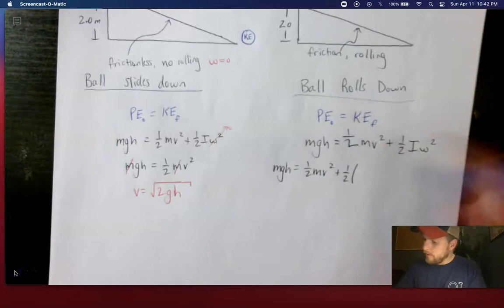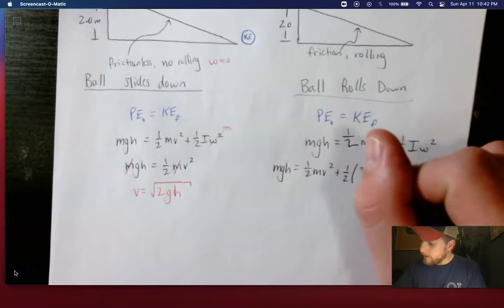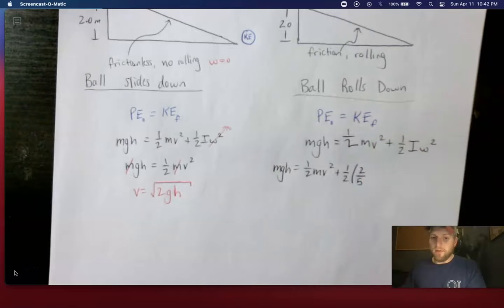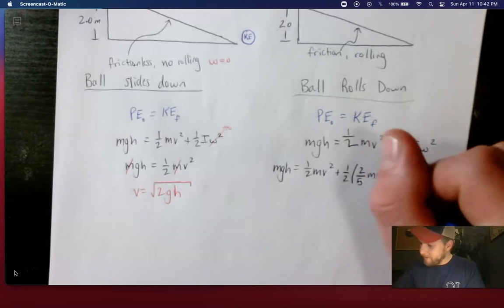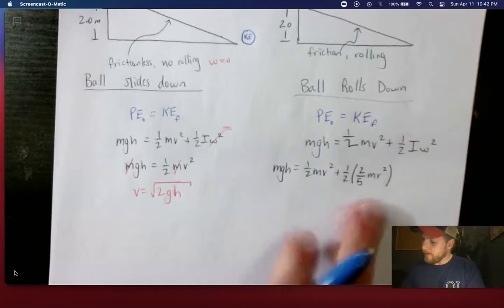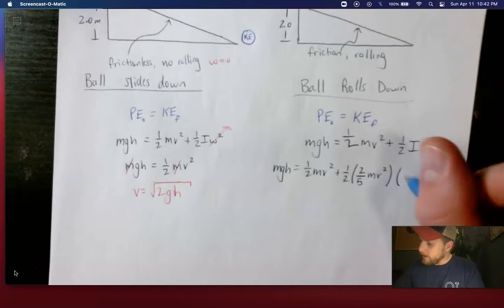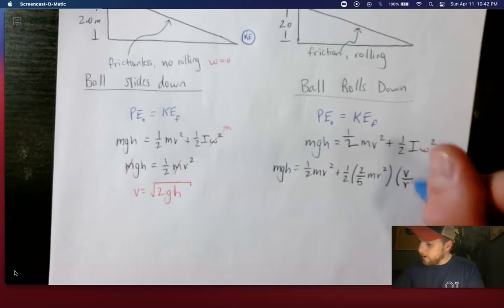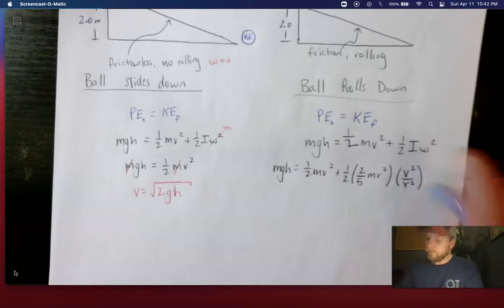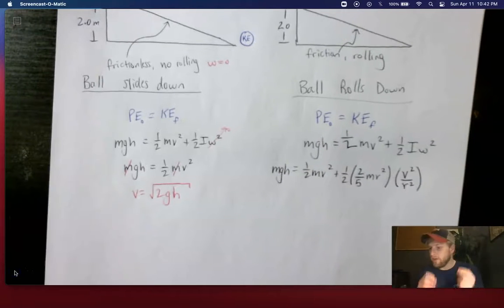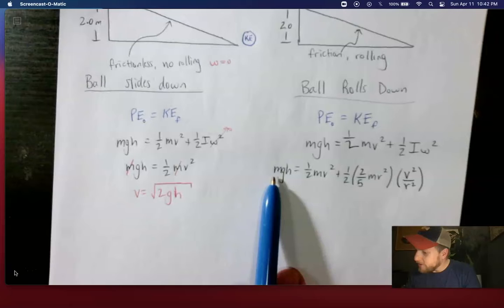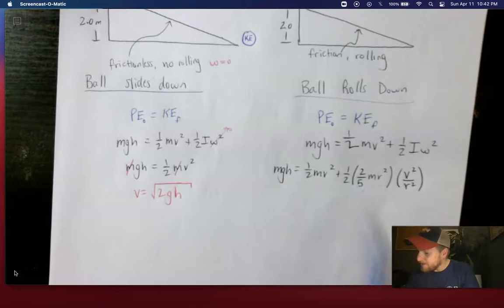So remember, the moment of inertia of a sphere of uniform density, like a bowling ball, is 2/5 mr squared. That's the moment of inertia. And then we're just going to, like we did before, plug in v over r, and both of those are going to end up being squared. So I'm going to try to do this next part kind of slowly. I want to cancel all the masses,